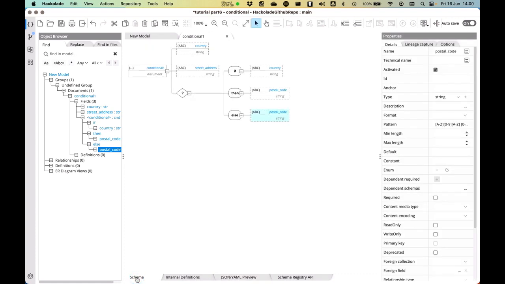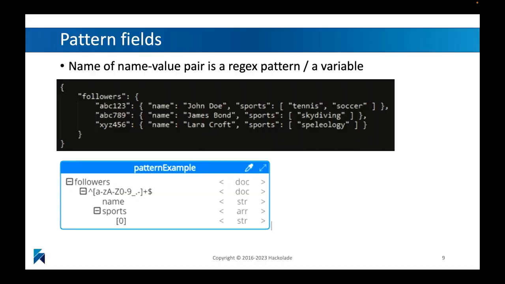So with that, we're going to switch to the last part of our tutorial here, which is all about pattern fields. So let's talk about pattern fields. Pattern fields function in exactly the same way as standard fields do, but there's a little bit of an exception. The name in the name-value pair is not a fixed string, but it's actually a regex pattern, right? As you can see over here on the screen, the followers that you find here in the pattern example, ABC123 and ABC789, these are actually variables that you will be able to use in the pattern field,